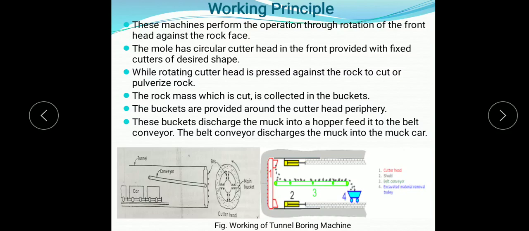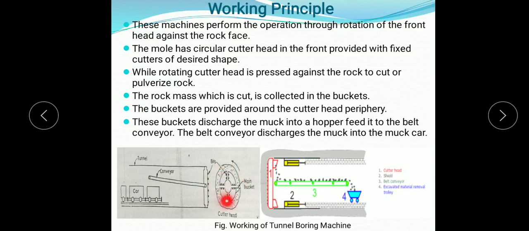So this is a cutter head. This cutter head is rotated against this rock face. The tunnel boring machine or mole has a circular cutter head, which is as shown here, in the front, provided with fixed cutters of desired shape.